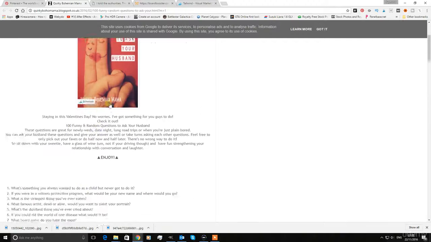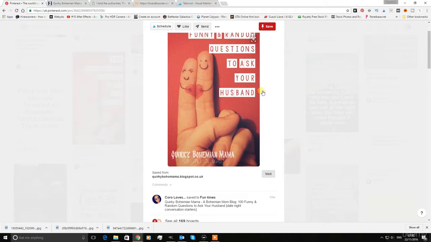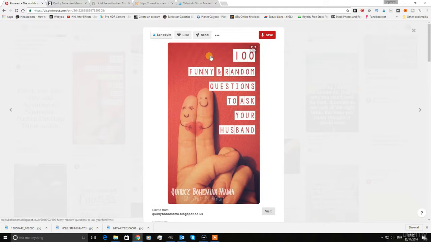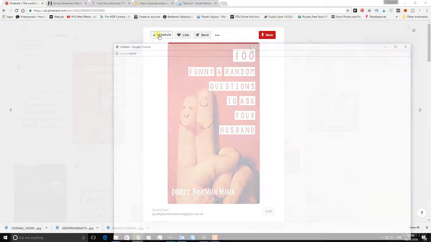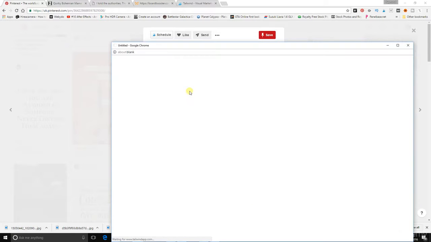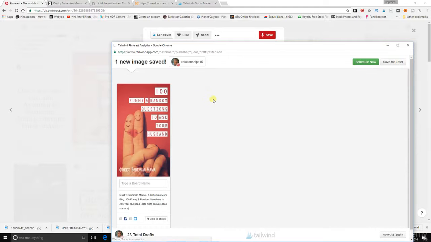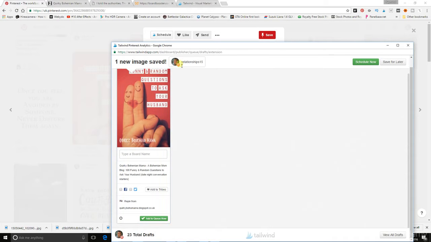But to me this is good, so what I will do is I will hit, now instead of hitting save, which publishes it instantly to your profile, I hit schedule, and you see that little Tailwind icon there. So I hit schedule, and up pops the little Tailwind Publisher thing here, and it tells you that it's saved into my account, relationships 15. So I'm going to save that to my board, husband,